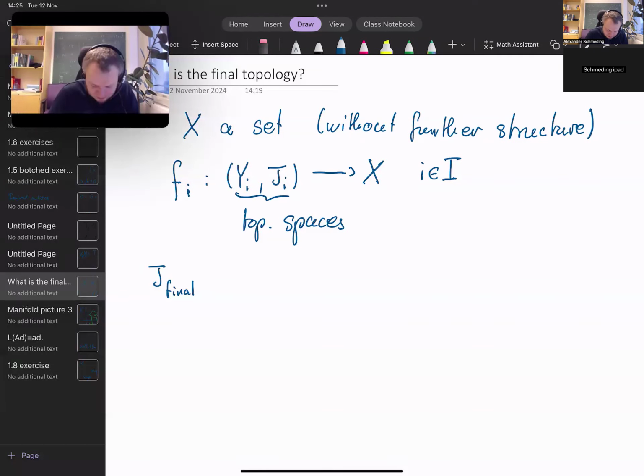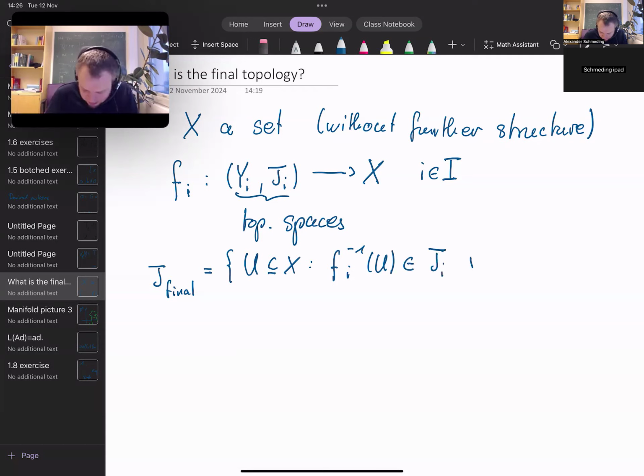It's with respect to the Fi, and this will be a topology on the set X, and we declare all the sets U, subsets of X, to be open, or being part of the topology, if the pre-image of this set U under Fi is open, or an element of the topology Ti, for all i in the index